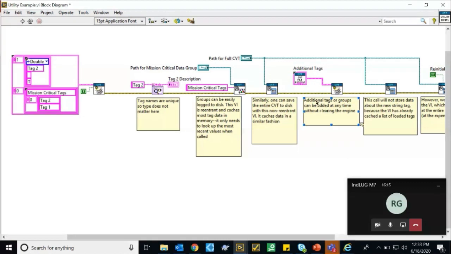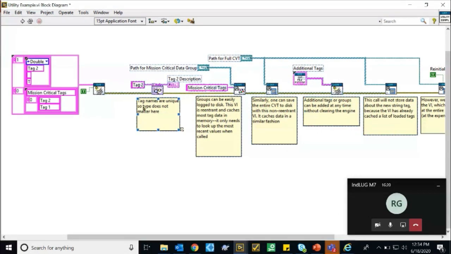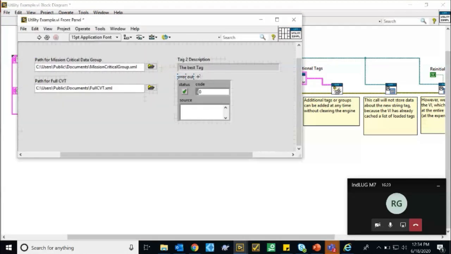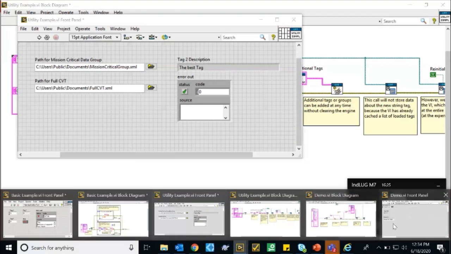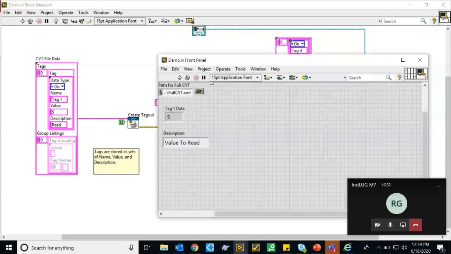So yeah, this is one more example I just want to show. This is how we are creating and defining the tags, and accessing the tag value. This is the value which I am giving, 5, and the tag description I have given is the value to read.